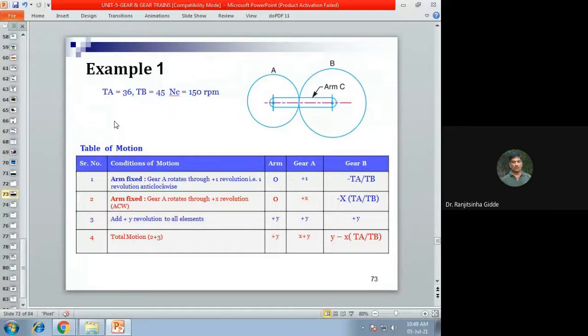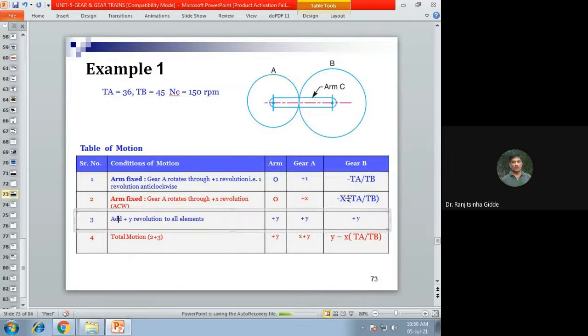आता आपल्याला स्पीड ऑफ गिअर बी च काढायचे. ते काढताना वी आर गोइंग टू यूज द व्हॅल्यू ऑफ टी ए अँड टी बी. आता काहीच करायचं नाही. आता कुठलीही व्हॅल्यू टेबल मध्ये टाकायची नाही. सो just complete the table and after completion of the table we are going to find out the values of various elements based on the conditions. समजलं का? कुठलीही व्हॅल्यू आपण आता टेबल मध्ये टाकणार नाही. फक्त जी फिगर दिसते तुम्हाला एपिसायक्लिक गिअर ट्रेनची on the slide, for that we are going to write the table of motion. फर्स्ट पार्ट मध्ये काहीही करायचं नाही. फक्त प्रोसिजर फॉलो करायची. सो स्टेप नंबर 1, स्टेप नंबर 2, स्टेप नंबर 3 अँड स्टेप नंबर 4.